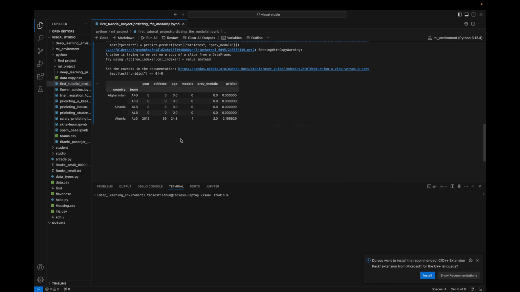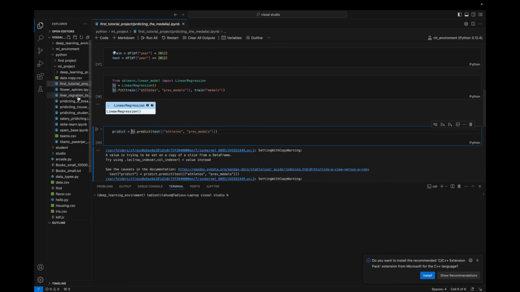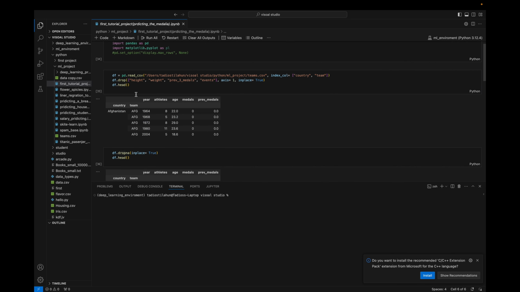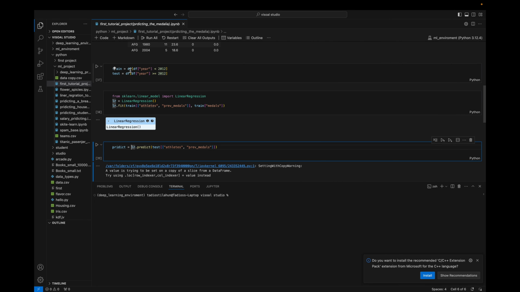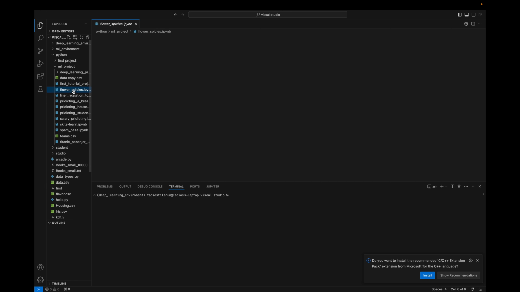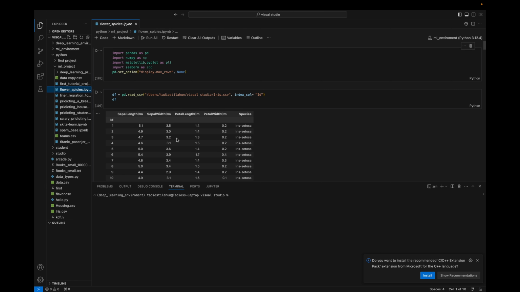I didn't score this project, but like I said before, this is my first tutorial project, so this was my first project. And when we go to the other project, this is predicting the flower species by seeing some features like species